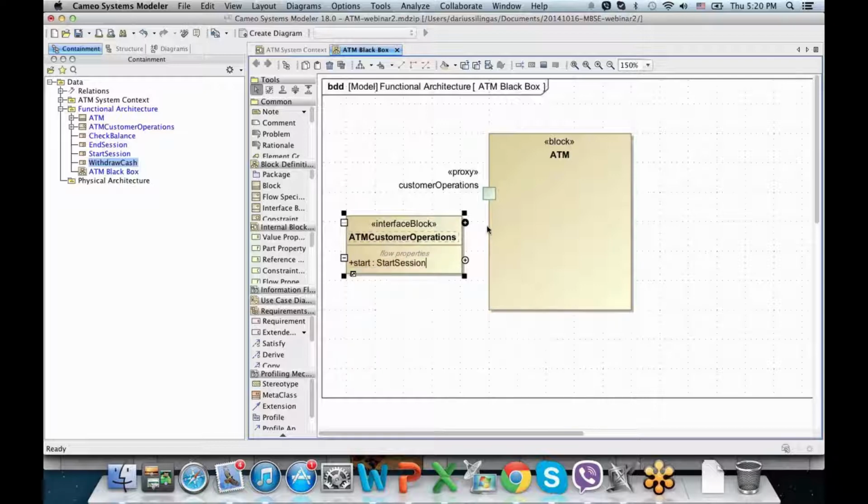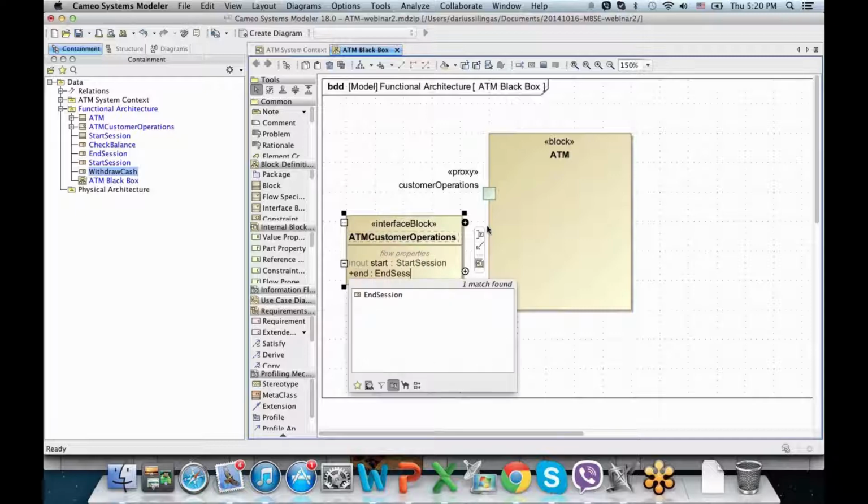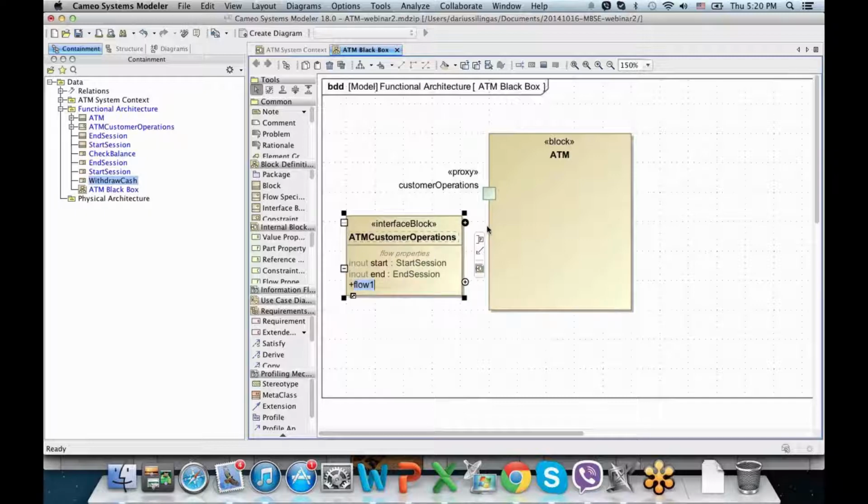So start session. Then I'm also adding another signal, which is end, and this would be end session, again autocompletion. Then I'm using Control and Enter to add another flow property, and this would be the check